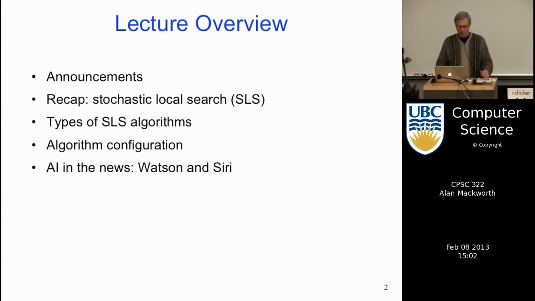And then we'll talk about a very important application, which was actually developed here at UBC, on algorithm configuration, which is having quite an impact. And I thought I'd just talk briefly about some recent AI successes, just to keep you motivated and realize how important this stuff is in the world. It's making people lots of money. Okay, so